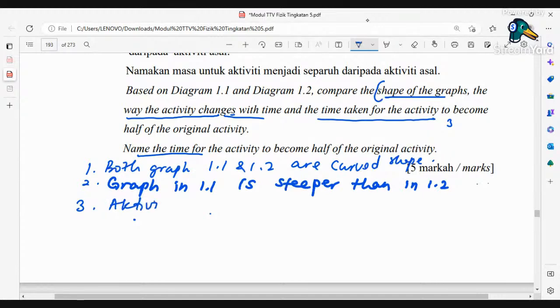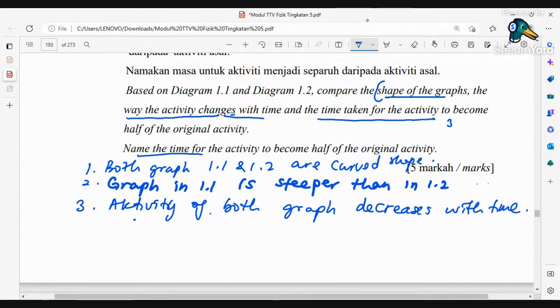activity of both graph decreases with time. Okay, both sama. Then number 4,